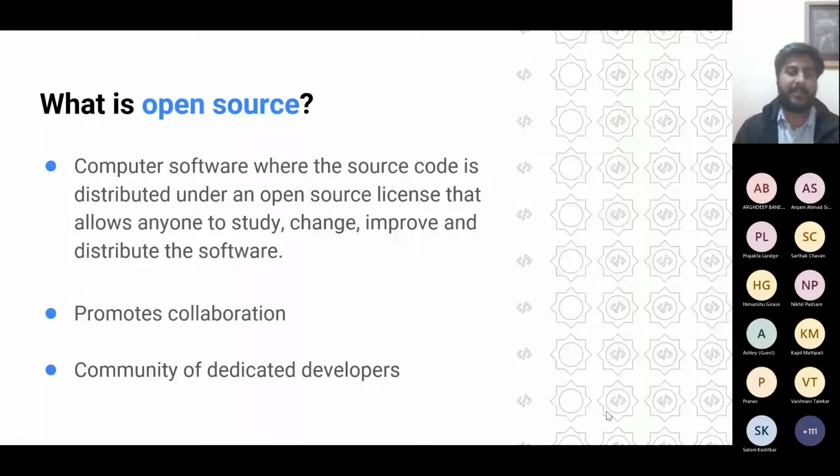So what is great about open source is that it promotes collaboration over competition. So you all know about these companies of softwares who are proprietary companies, so they own the code. You cannot change this code. But open source softwares are the softwares where you can actually see the code and you can change it and you can improvise it. So this gives a kind of collaborative environment of